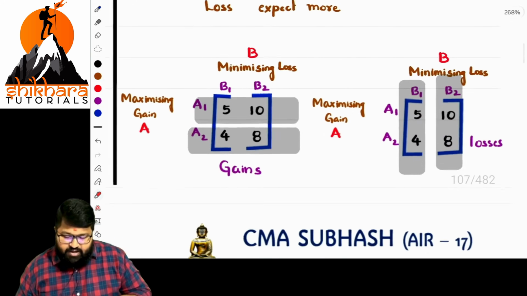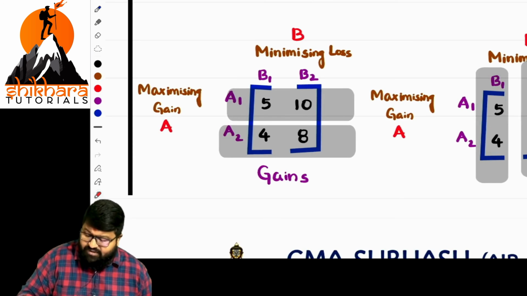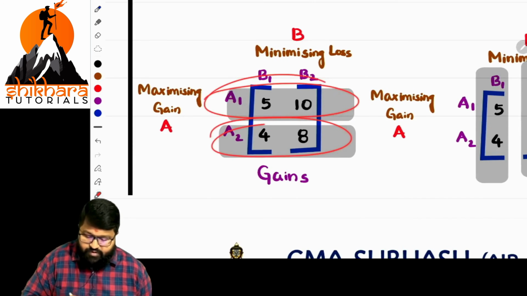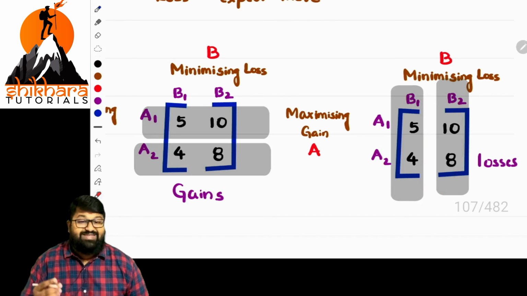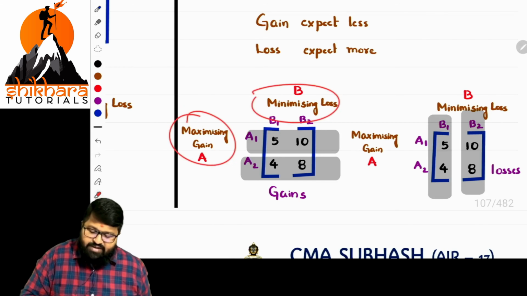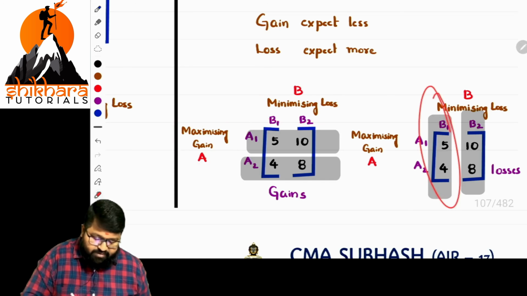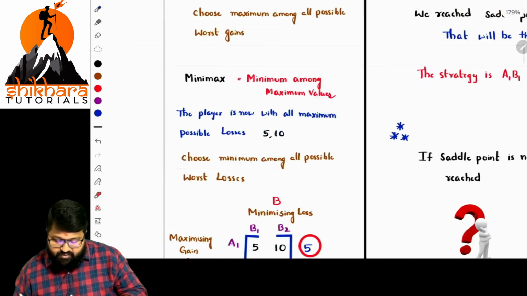And here, maximizing gain is represented in the form of these rows. What about minimizing? It is represented this way. Either it is minimizing gain or minimizing loss, basically. With the maximum, going with minimizing loss is the best. So maximizing gain and minimizing loss. Minimizing loss is nothing but this column part. If it is clear, we have done this part also. Till here we are done.